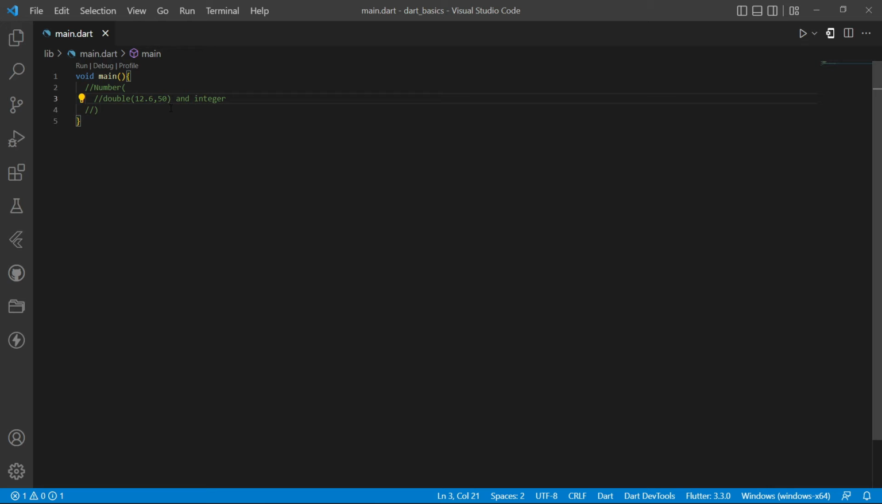50 is a decimal number because all whole numbers have 0.0, so it is a double figure. And we come to integer. Integer takes only specific numbers, whole numbers without points. Double can take an integer, but integer cannot take double. Alright, so let's go to